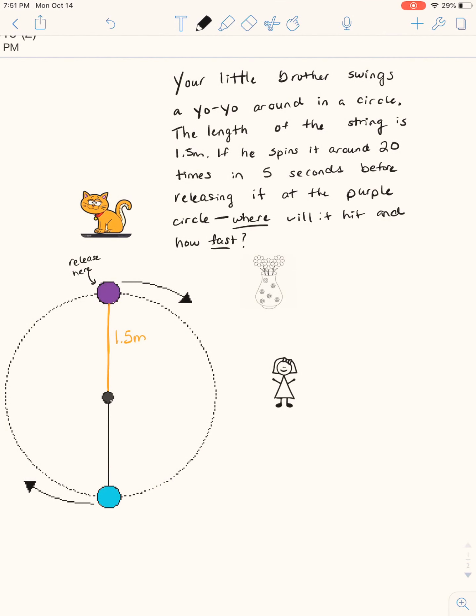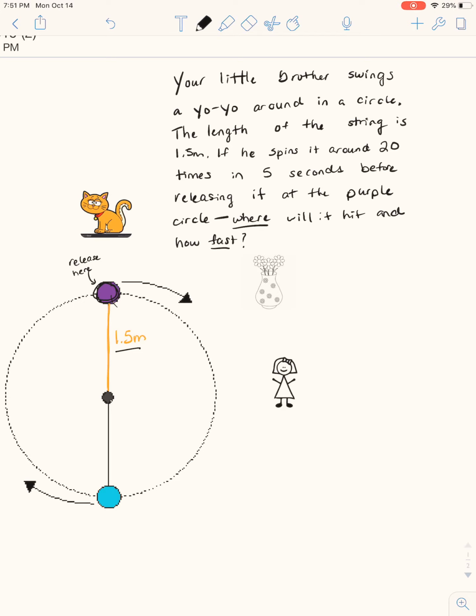So in this scenario, you are watching your little brother, and he's being annoying and starts swinging this yo-yo around in a circle. The length of the string is 1.5 meters. If he spins it around 20 times in 5 seconds before releasing it at the purple circle, so he releases it right when it's here, he lets go of the yo-yo,